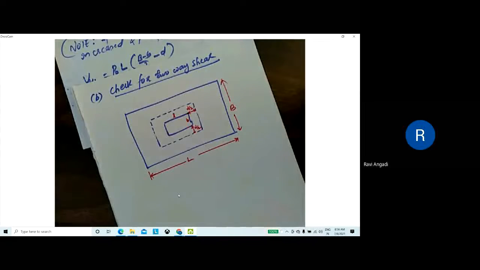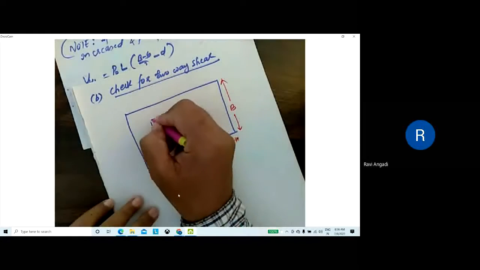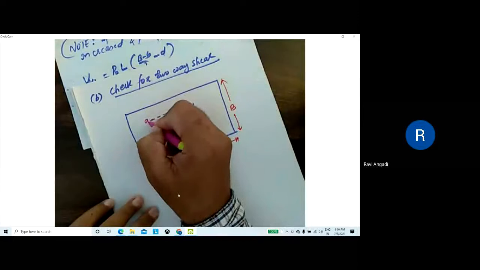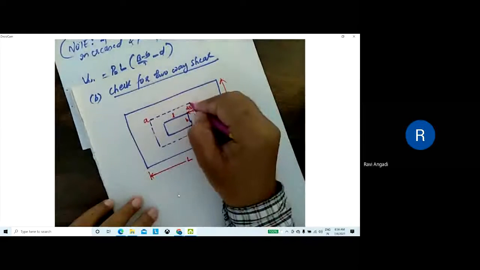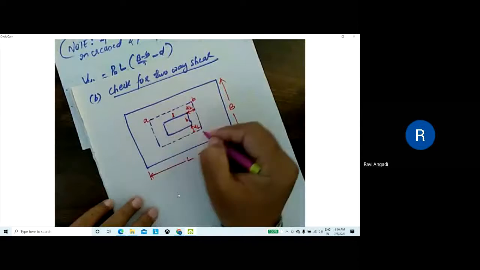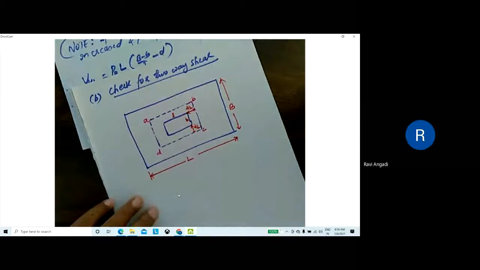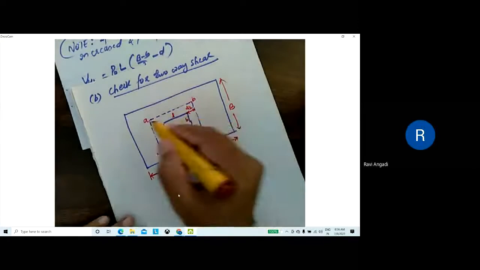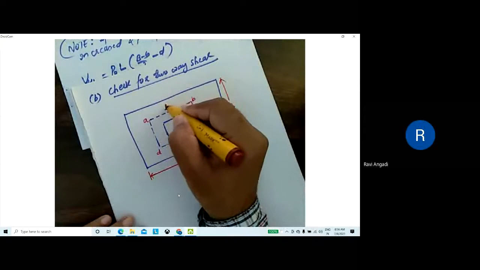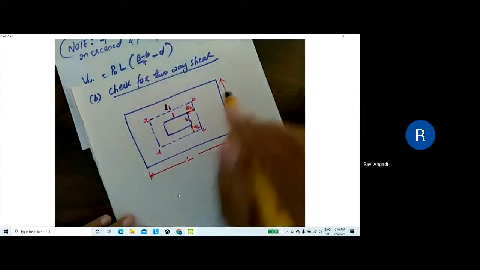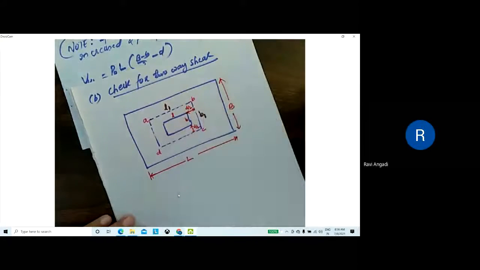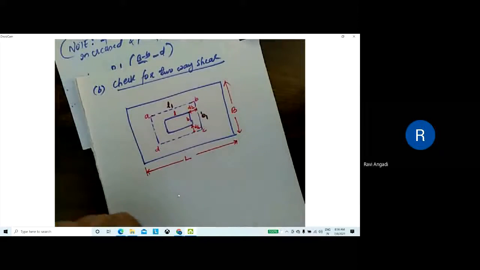Here, to name the critical section, I'm taking it as A, and the edges B, C and D. Also take this critical section length as L1, and this width as B1. I hope it's visible to you all.